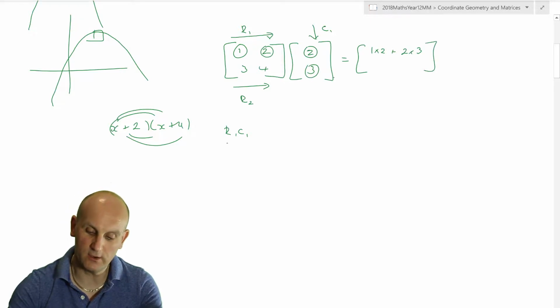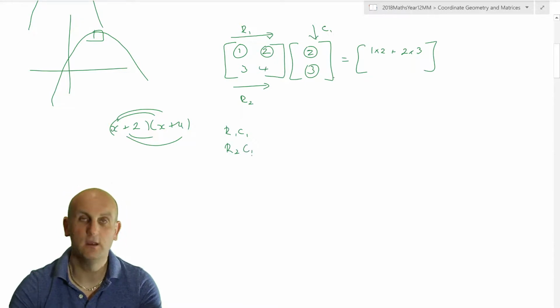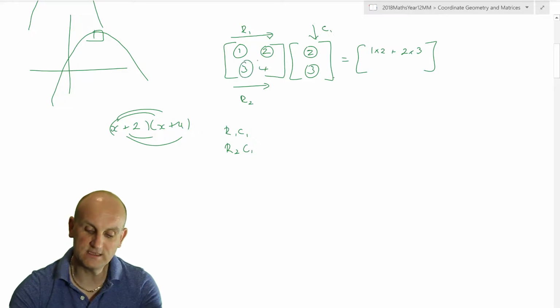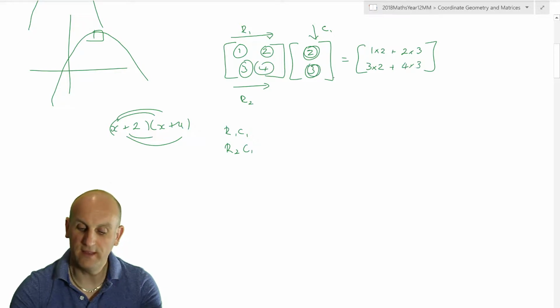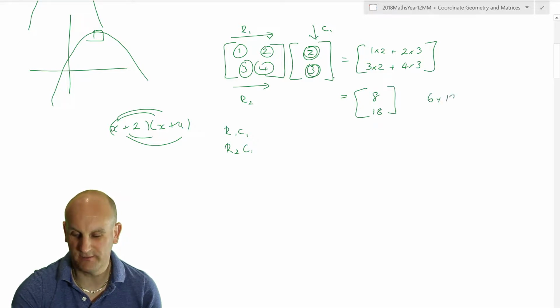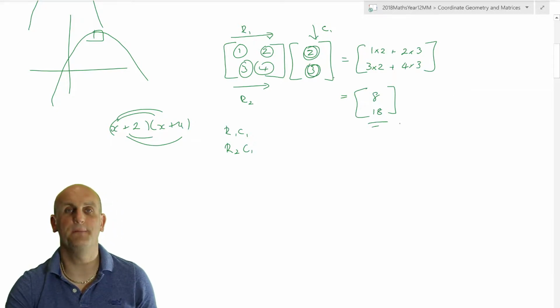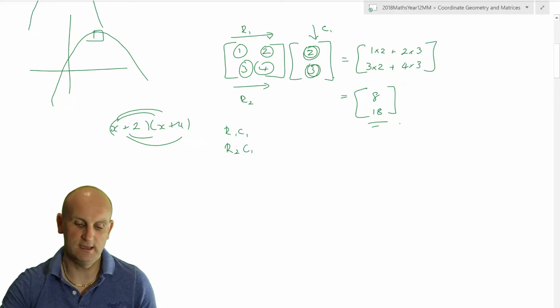Now I do my second row times my first column. Now if I had 2 columns, it's slightly more complicated, or there's more of it. But again, first number times first number is 3 times 2 plus 4 times 3. And then I just simplify that. So what do I have? 1 times 2 is 2, plus 6 is 8, and 6 plus 12 is in fact 18. Good. And there we go. That's my multiplication done. So that's going to build on what we're going to need a little bit later on